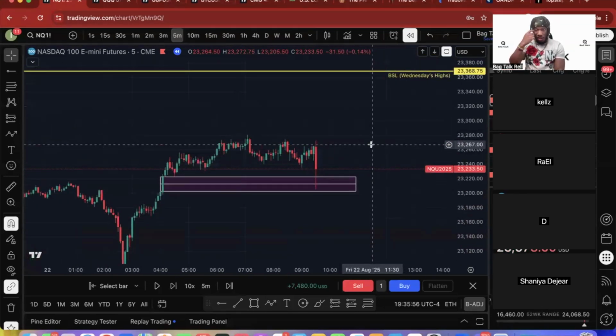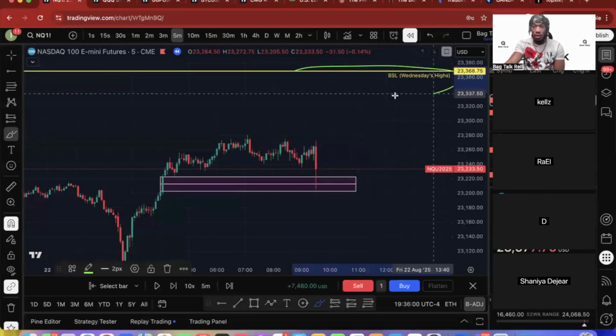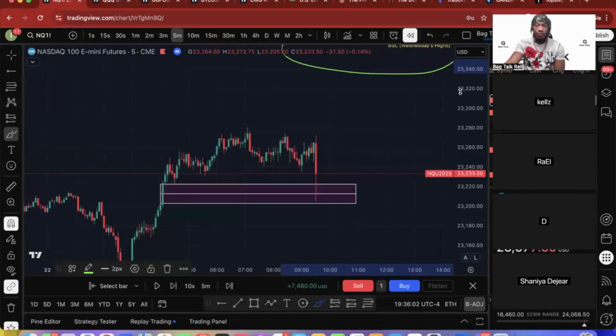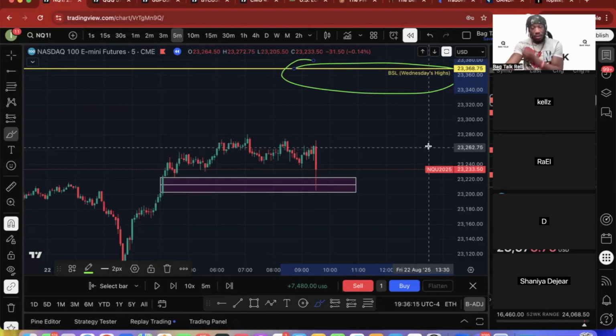So if we have a bullish target, a bullish draw is what we call it, a bullish target, right? It's very likely, or let's say it like this: if we have a bullish objective, it's very likely that at open we're gonna bait people in the opposite direction first before moving higher. Okay, so